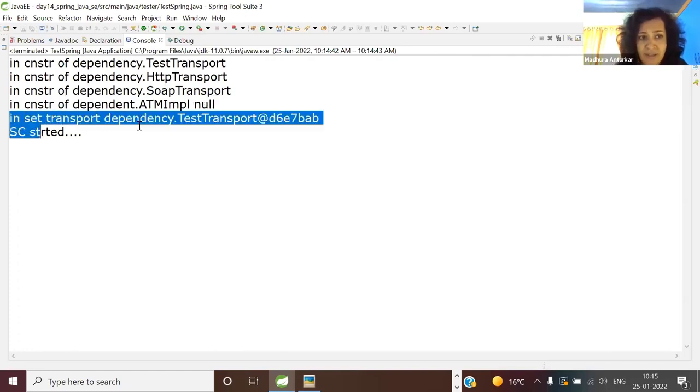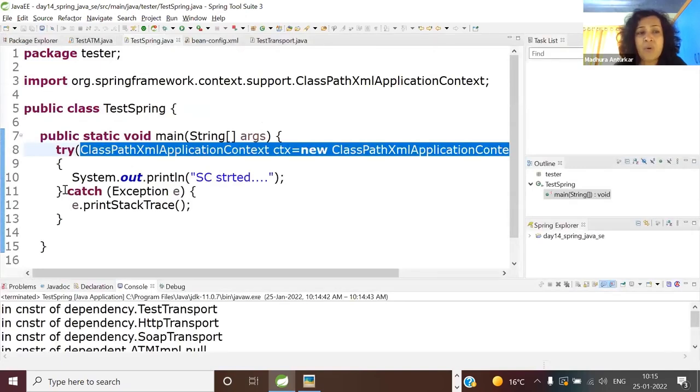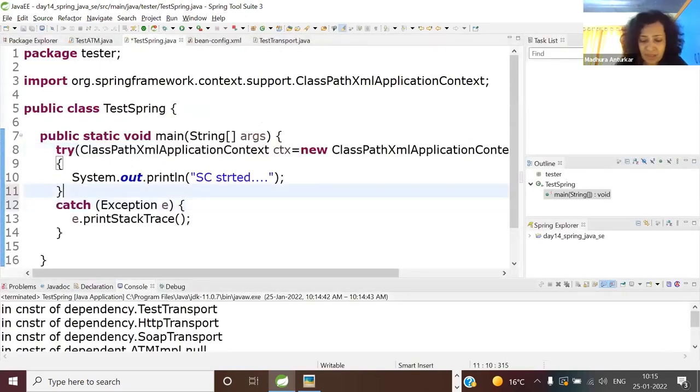And who is calling this setter to inject the dependency? A Spring container. And then container says, okay, I have started. And since we are not doing anything, who will call what? The JVM will automatically call context.close. Are you understanding? Leading to Spring container shutdown, where all the beans will be marked for garbage collection.